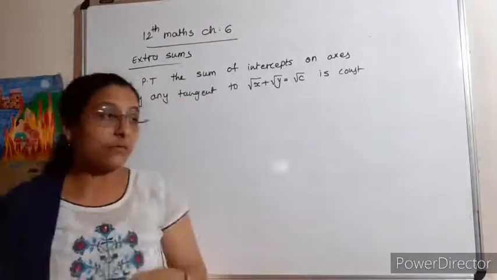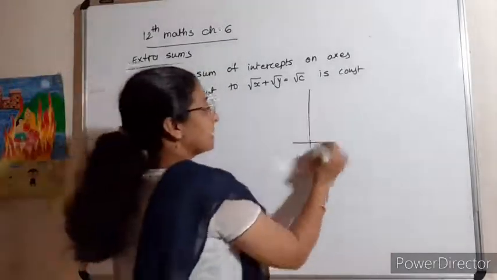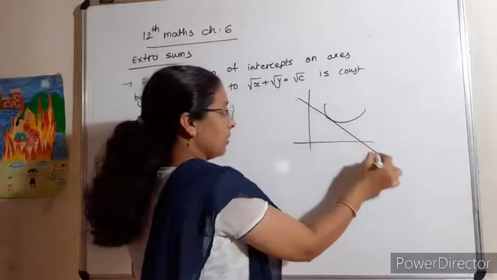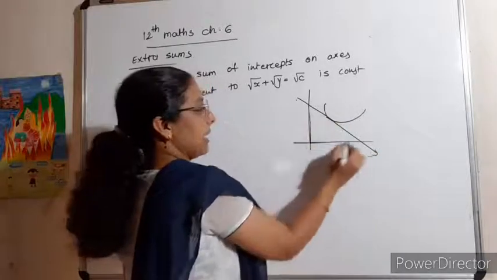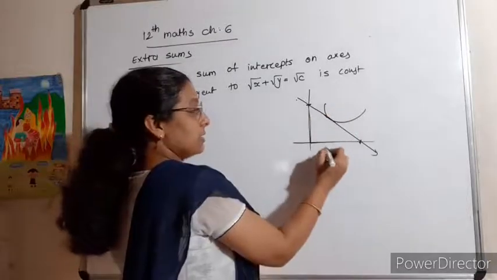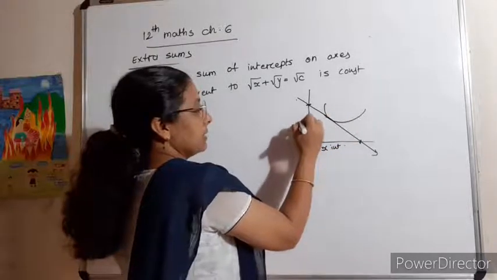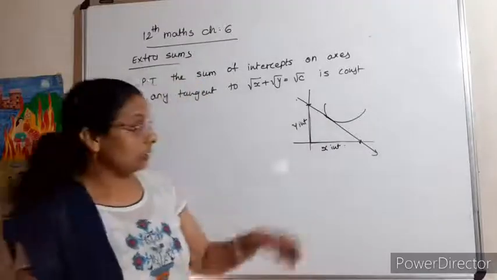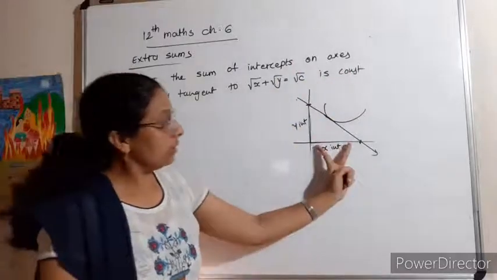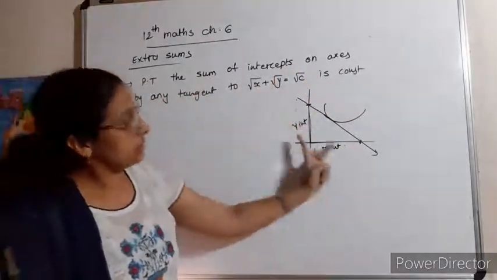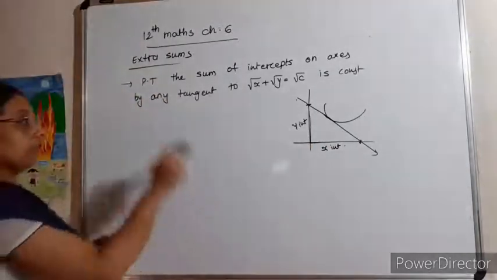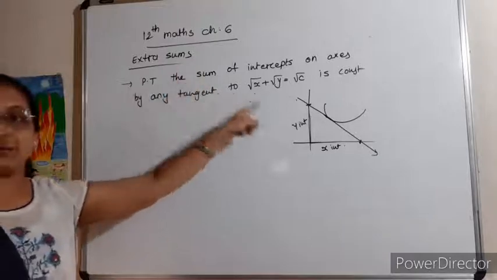This point or length of this, you know that what is intercepts on the axis. So here is the curve. Then this is the tangent to the curve. And this is the intercept. ये जो point है हम find करेंगे. Then this is tangent and this is x intercept and this is y intercept. Right? So this is the tangent or intercepts on the axis are here. Then sum of the intercept is constant. आपको prove करना है. Right? Okay. So first of all you have to find the tangent.